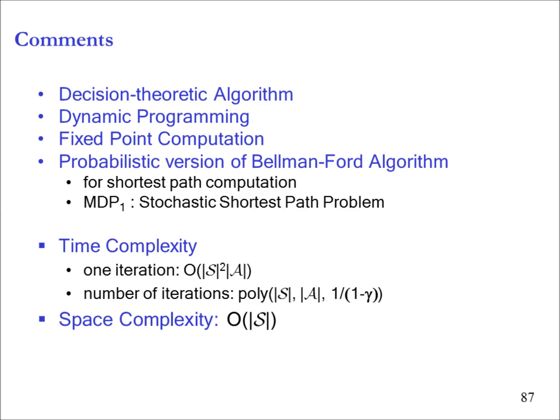You can talk about it as a fixed point computation, and if you remember your Bellman-Ford algorithm from shortest path. So there was Dijkstra's and there was Bellman-Ford. This is the probabilistic version of Bellman-Ford. What was Bellman-Ford doing? It was saying all the succeeding edges, tell me your values, then I'm going to compute my value. This is exactly what it is saying.